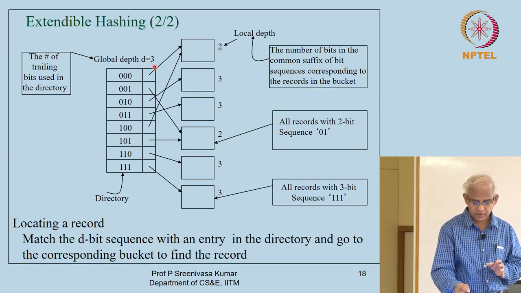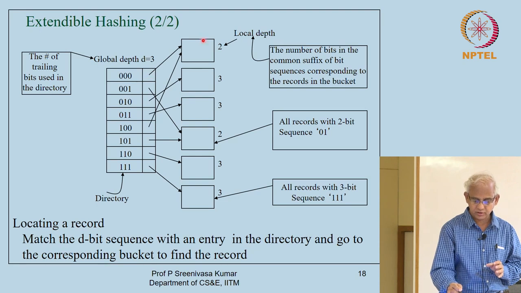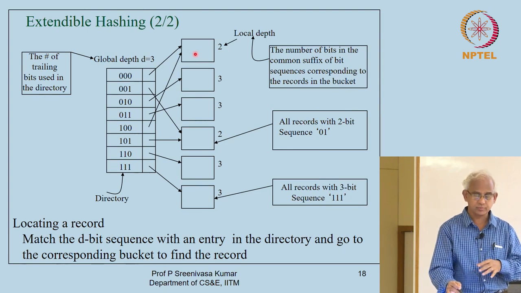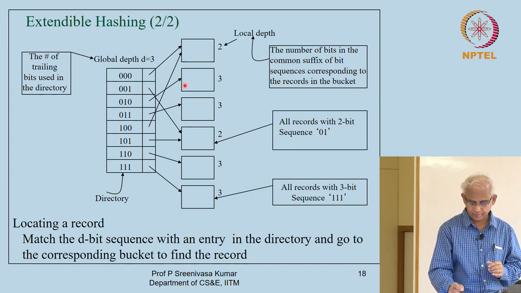What we can now do is to split this bucket. The local depth was 2, so we were only using 2 bits so far, and mapping all those records into this bucket. Now, we can make use of the next trailing bit and redistribute these records into 2 buckets, and then make the second pointer point to the second bucket, the split image of the bucket, okay. I will show you examples where we do the insertion from an empty file and so on, and then the points become clear, okay.